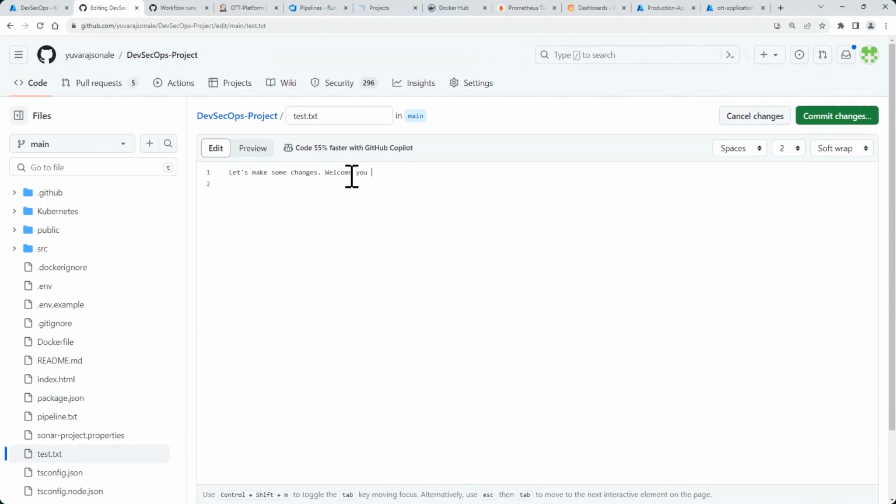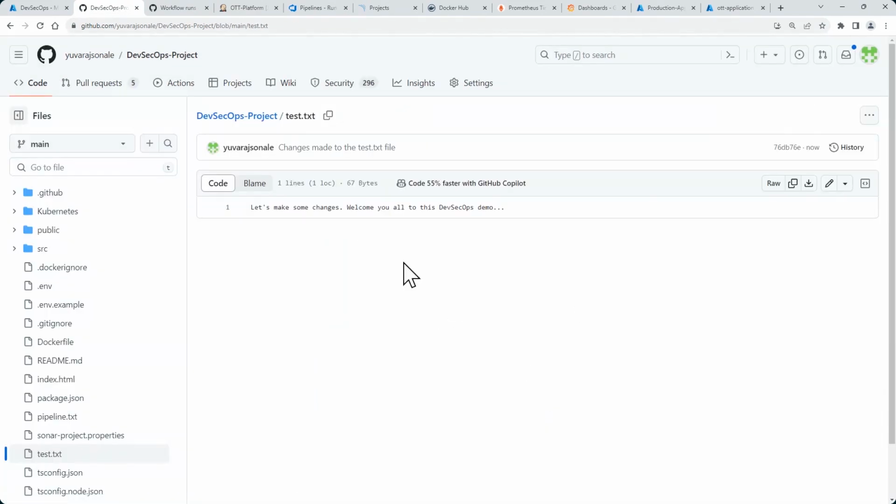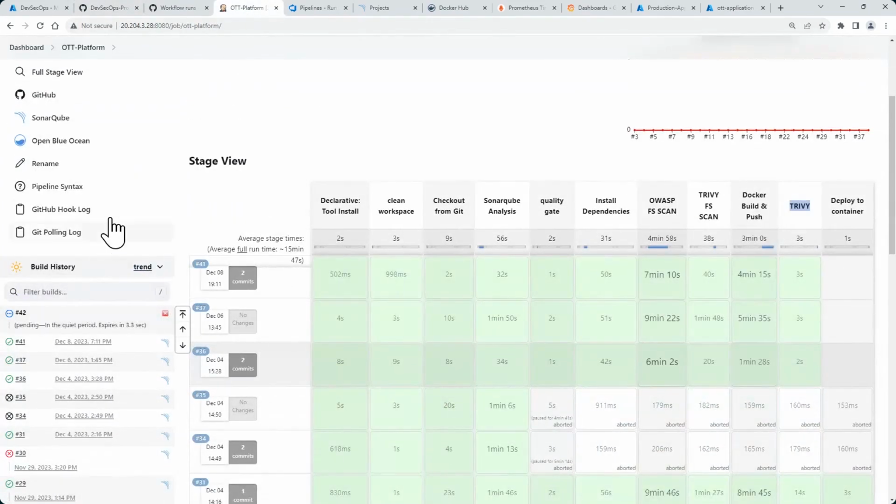Welcome you all to this DevSecOps demo, let's say, and let me commit it. Changes made to the test.txt file. Okay, let me directly commit to the main branch. All right. So, very next